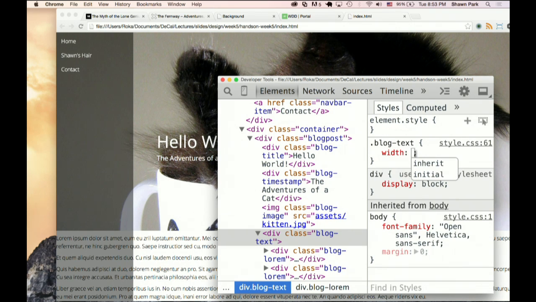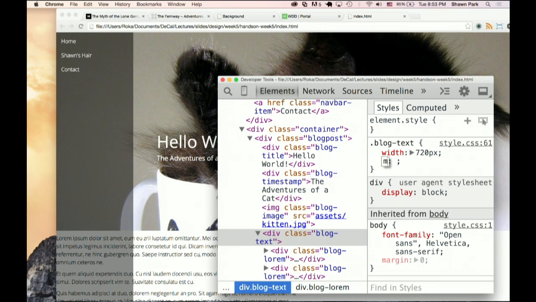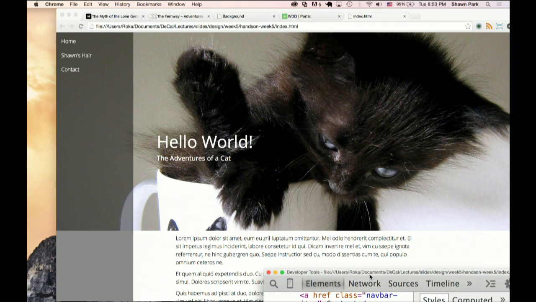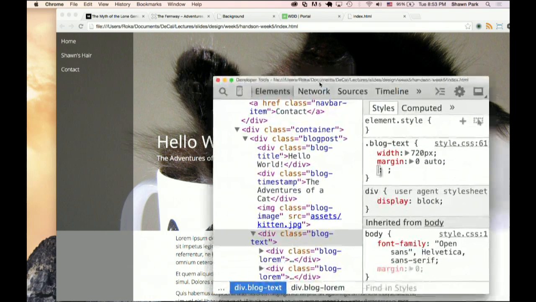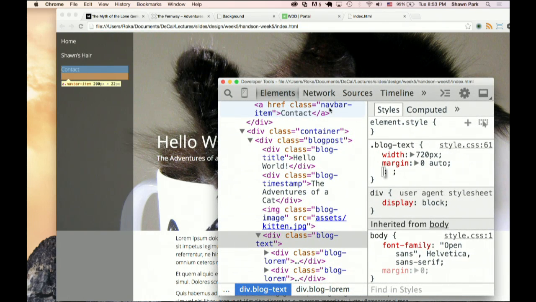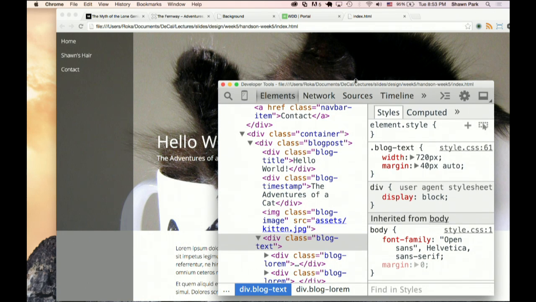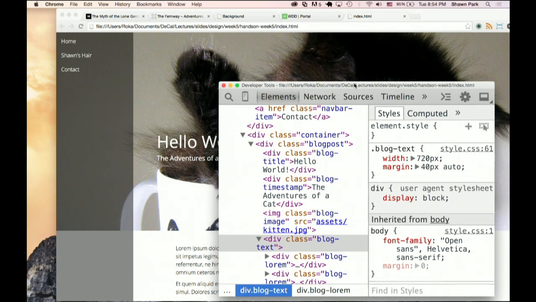For now, we want to have the sidebar over the text. Just for now, we'll try fixing that later. So we just do width 720 pixels and then margin 0 auto to have this kind of effect. Actually, we're going to apply margin 40 pixels auto just so we can space out the paragraph from the bottom of the picture. So 40 pixels auto, and that way we have some white space, so it looks better.